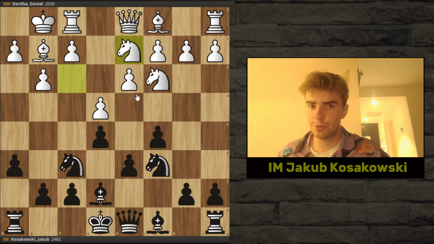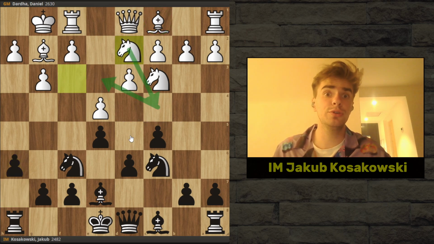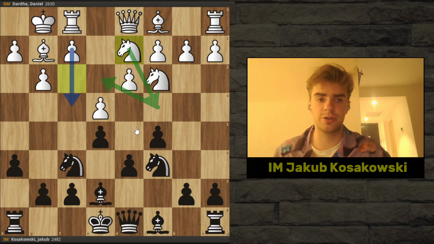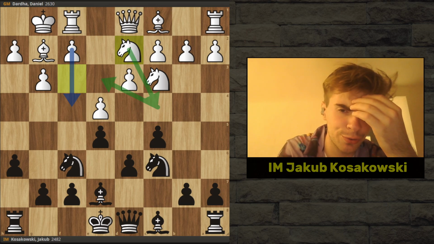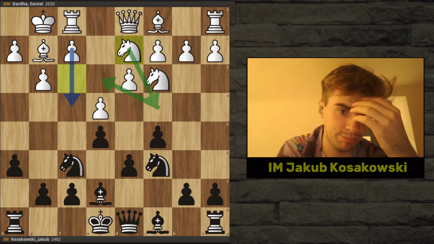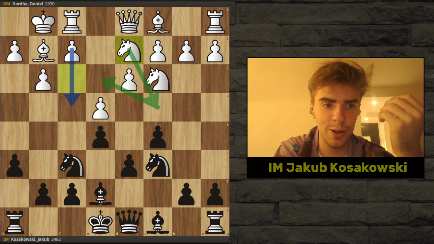He plays knight d2. He wants to transfer this knight via c3 to e3 and then put it on d5. Additionally, he wants to prepare the f4 move, which is a normal idea in these structures. And again, 10 or 15 minutes of thinking, I wasn't really sure what I wanted to do there. I was losing time, and after these 10 or 15 minutes of thinking, I played a pretty normal move